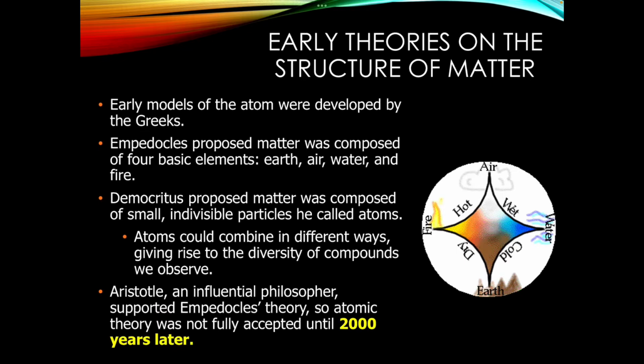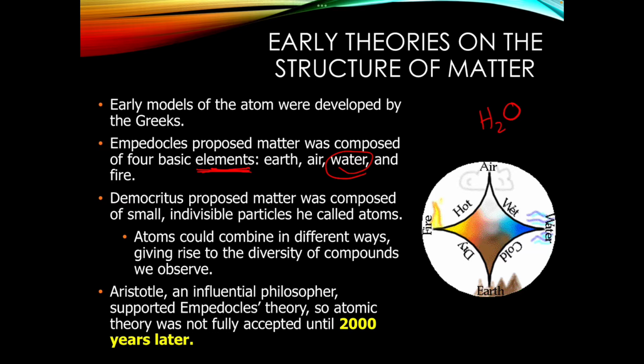And Empedocles proposed that matter was composed of 4 basic elements: earth, air, water, and fire. So I want to point out this word elements. This is not the same kind of elements that we are talking about in this class. Remember, elements are the ones that we talk about on the periodic table. If you look at the periodic table, water is not on there, right? Water is H2O. It's made up of hydrogen and oxygen. Similarly, earth, air, and fire, not on the periodic table. So just be really careful here. When we're talking about this term elements, it's a different kind of elements than we typically talk about in chemistry.